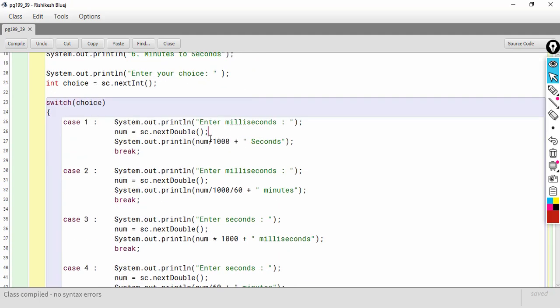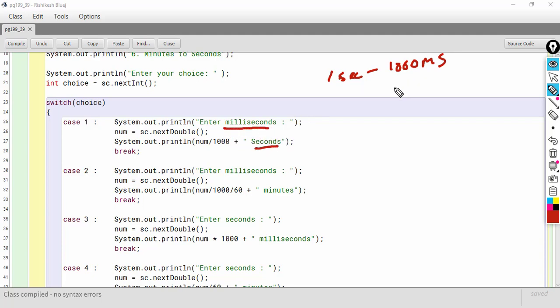1 second is equal to 1000 milliseconds, and we are to convert milliseconds to seconds.